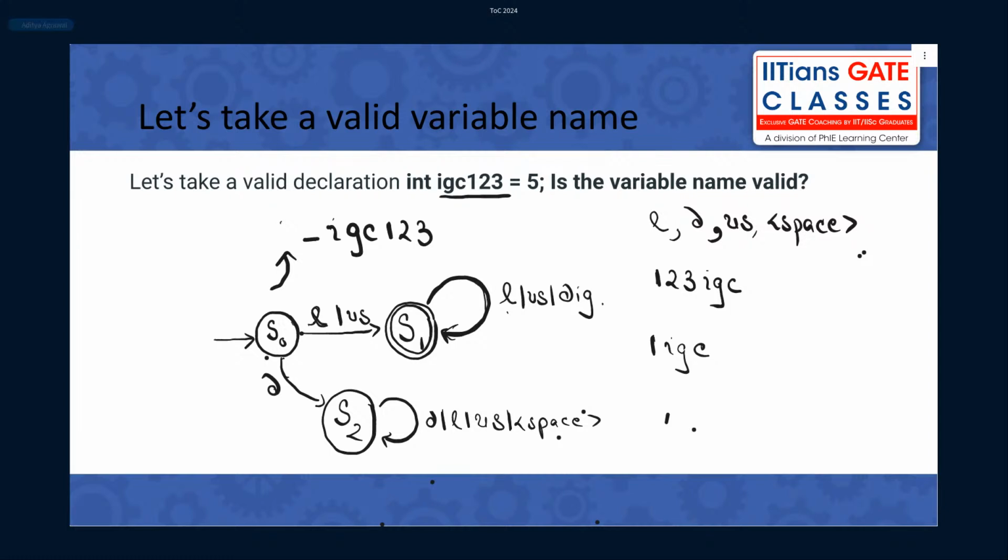Okay. My pointer is currently pointing just left of the underscore, which means I am in S0. Once I read this underscore, which state will I go to? Anyone?